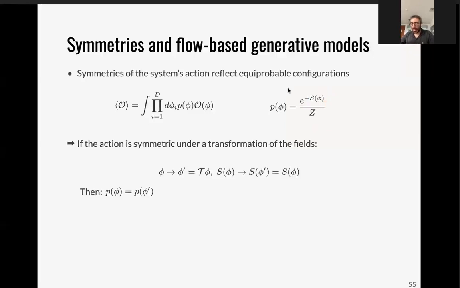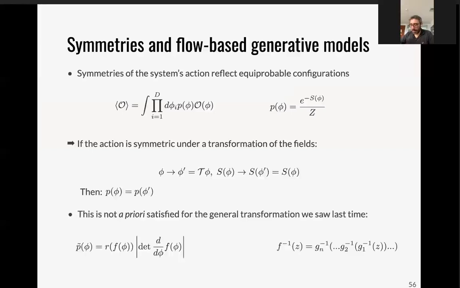So for example, if the action is symmetric under, think of this T of F being a translation, for example, then of course P of phi, which is defined like this, should be the same, right? Now, the problem is that this is not a priori satisfied for the general transformation that we saw in the previous slides, right? So this P tilde of phi won't necessarily be also symmetric under this transformation for a